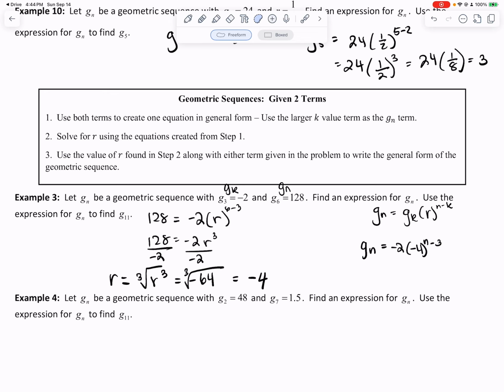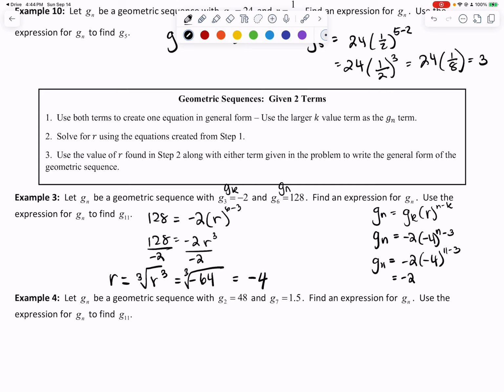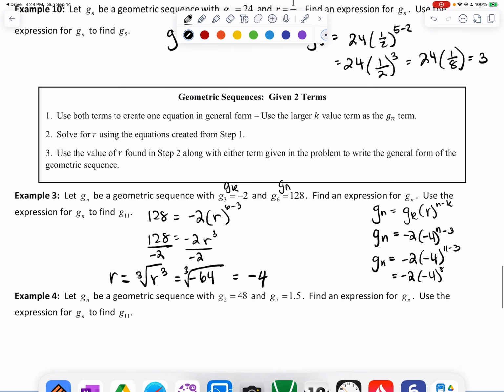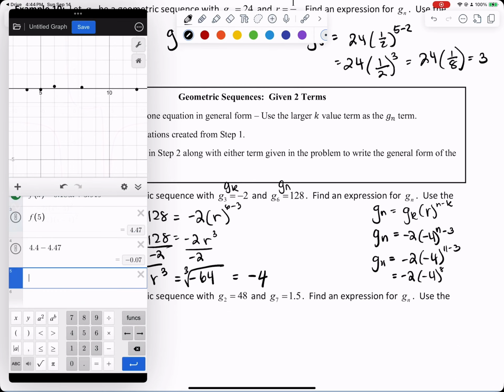And I'm just going to scoot this down here. If I want to find g sub 11 from this, I'm going to plug in 11. 11 minus 3 is what I'm raising -4 to. So that is -4 to the 8th power. That's a little bit big to figure out on our own. Sometimes these will be calculator questions,